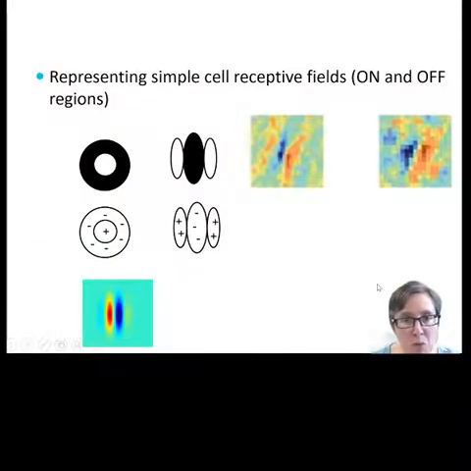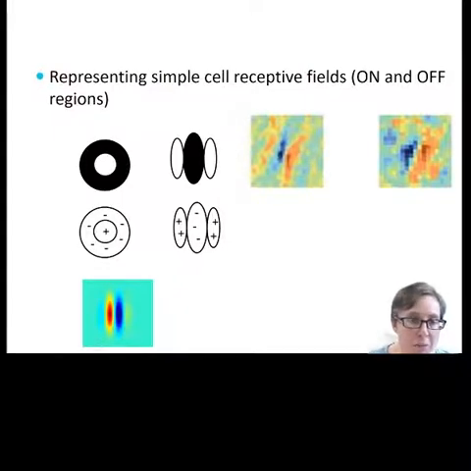You'll see several different ways of representing on and off regions, so don't be confused by that. Here are three different examples. So the colour code that I used before, and over here you can see how that colour code is used in a real neuron. And then here's a different colour code where black is used for off and white for on. Here there's little pluses and minuses. Hubel and Wiesel tended to sketch out little triangles to represent the off region and little crosses to represent the on region. These on the left are all